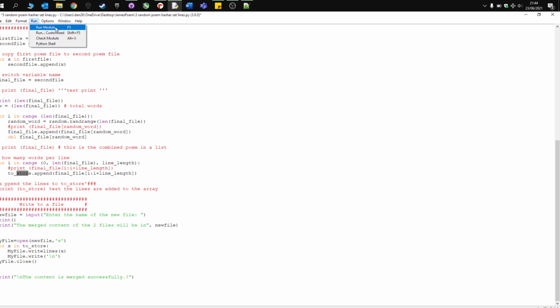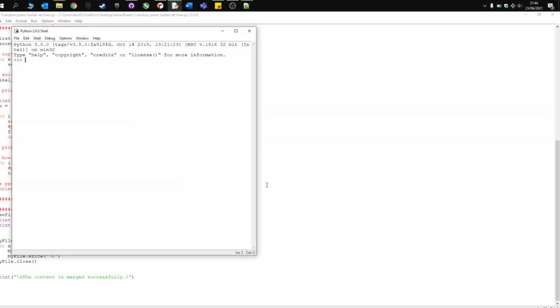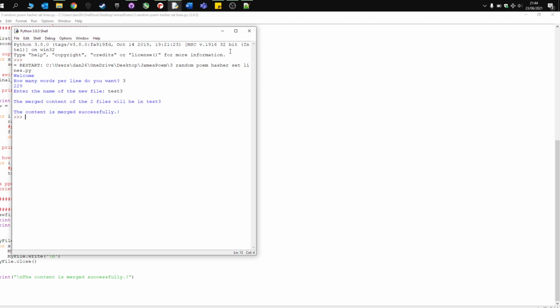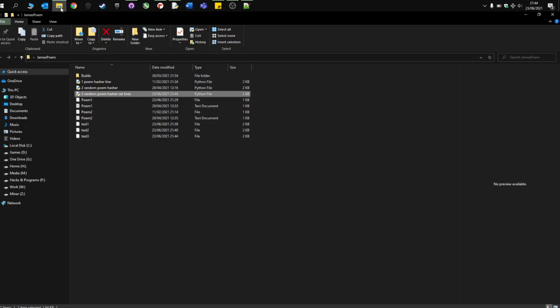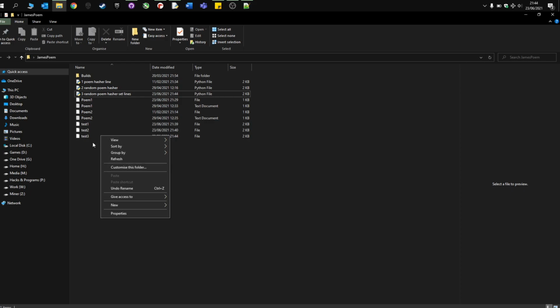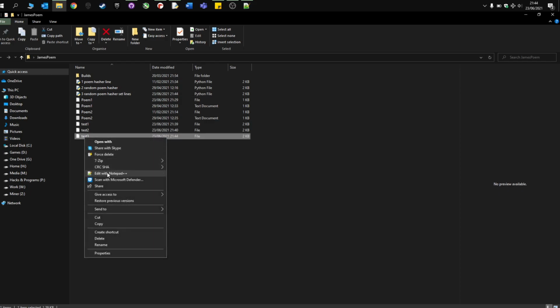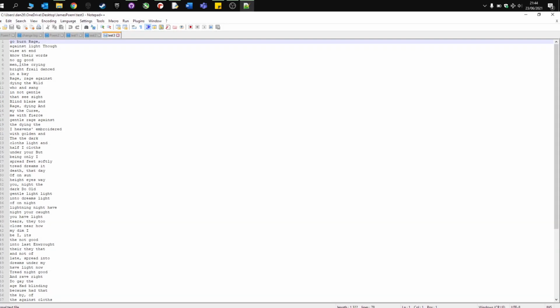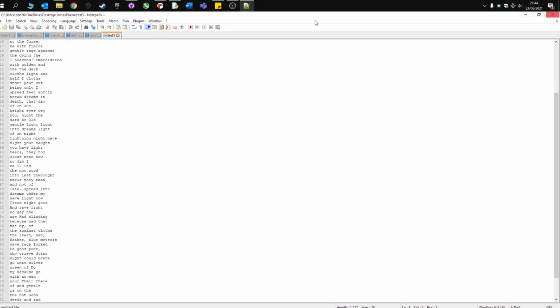So we run it. Let's go for 3 per line. I'm going to call it test 3. Successful merge. Here's test 3. Fabulous. So the next stage of the program then is to add an option where you can pick how many